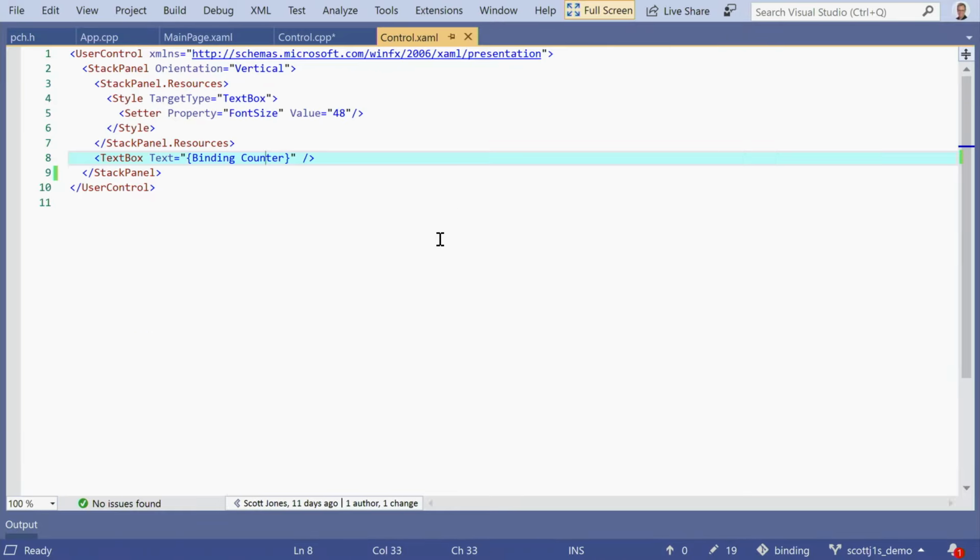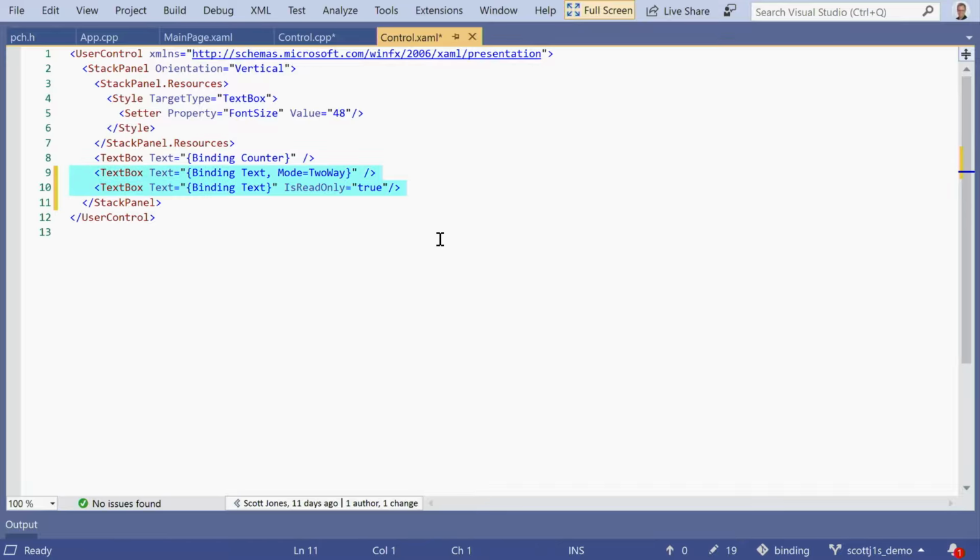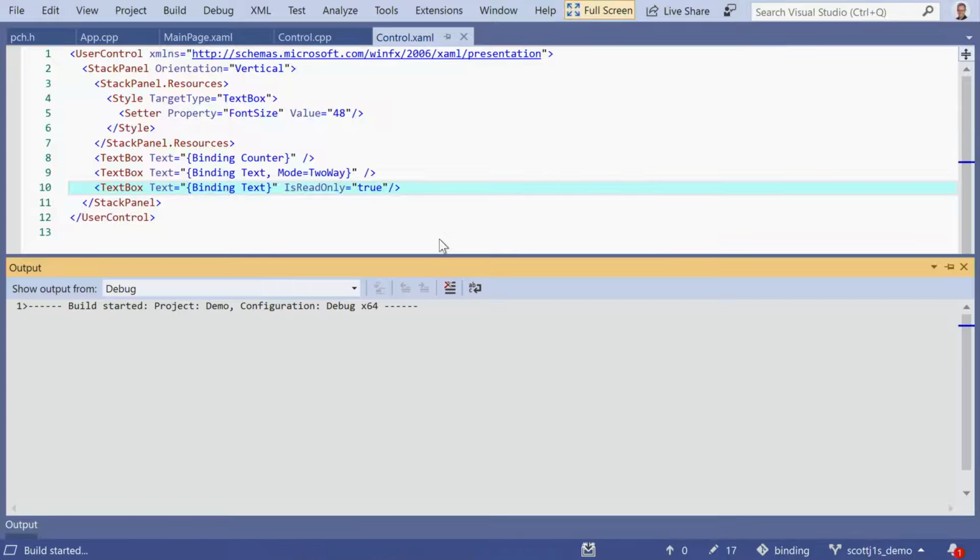In the corresponding markup, underneath the text box that we already have, I want to create two new text boxes. The first one is a two-way binding. The default is one way. And this two-way binding is going to capture the m_text get value and set value calls and propagate both sets and gets from the underlying storage to the text box, updating the text field. The second text box control is read-only, but it too binds to the same underlying text property. So let's take a look at that and see what that looks like.